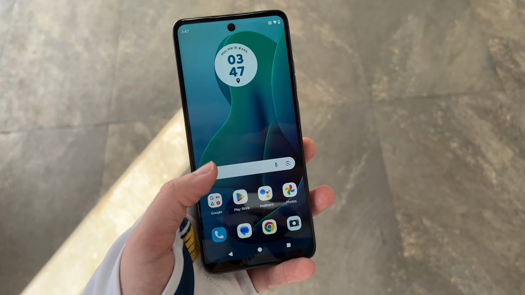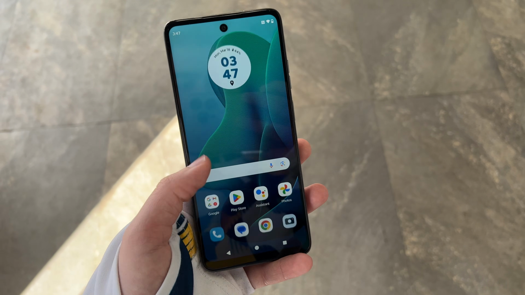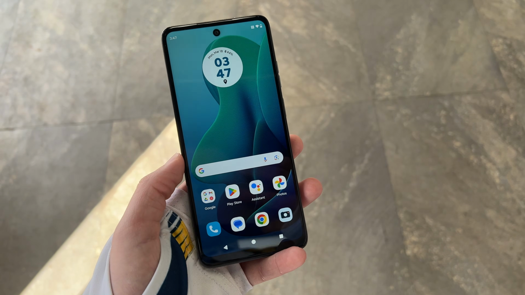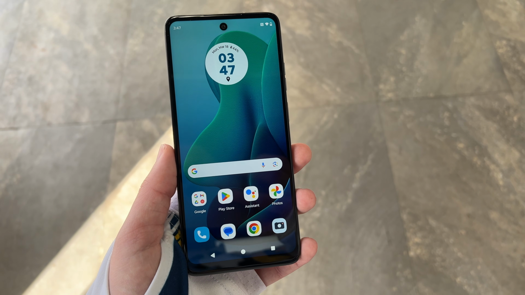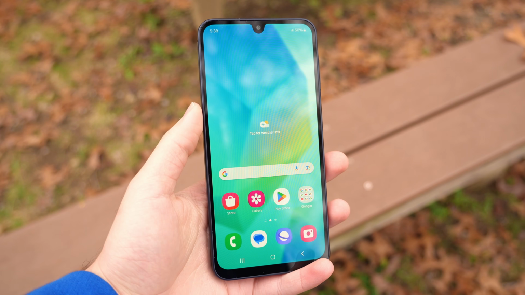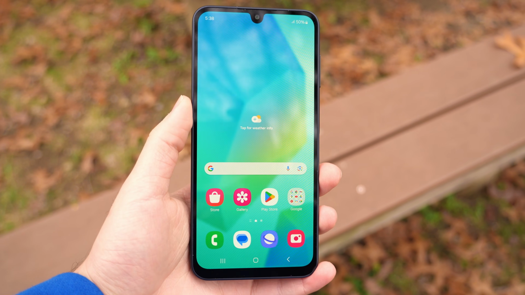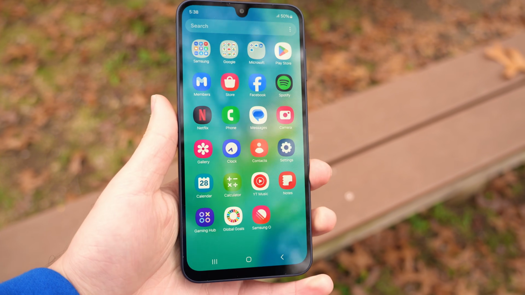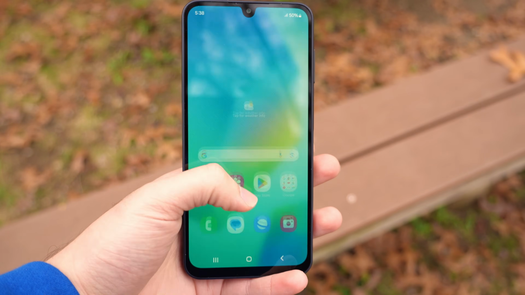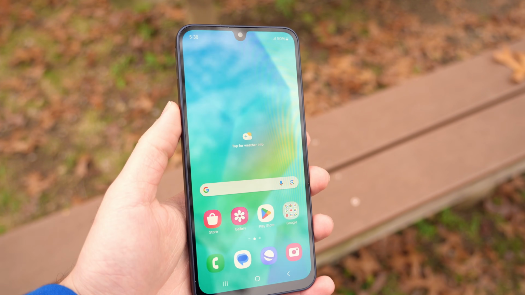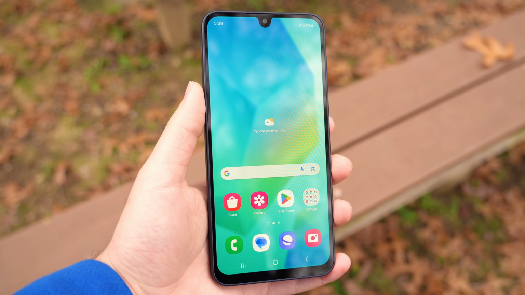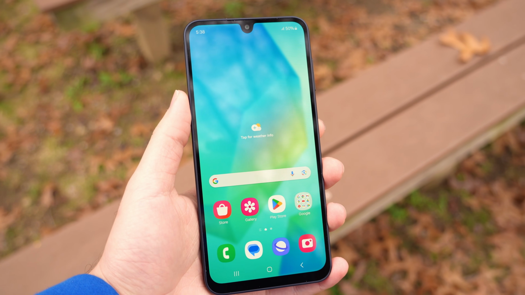I don't mind it being IPS. It's just 720p in this day and age, I feel like, is just unacceptable coming from a company like Motorola. So yeah, the display department, like I said, no brainer. The Galaxy A16 just stomps and destroys the Moto G 5G's display, from getting a Super AMOLED to a higher, brighter screen, and gives you pretty much almost the whole deal when it comes to a quality display for a phone that costs under 200 bucks.